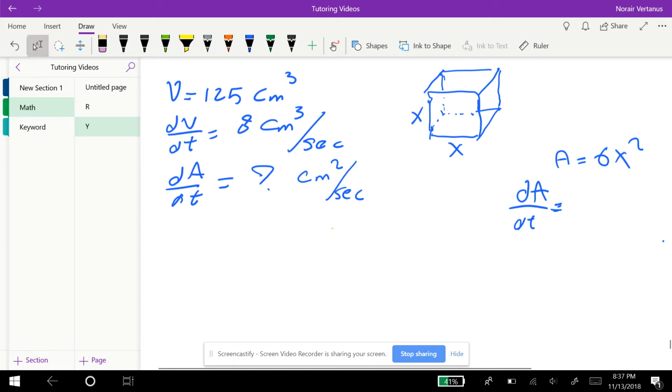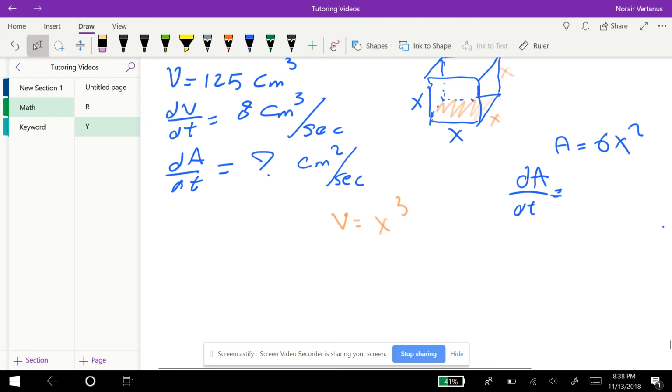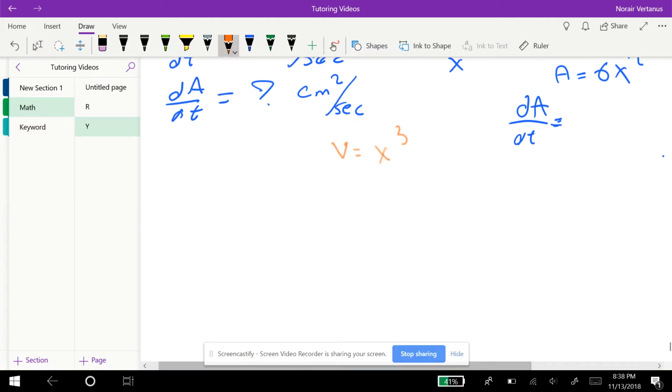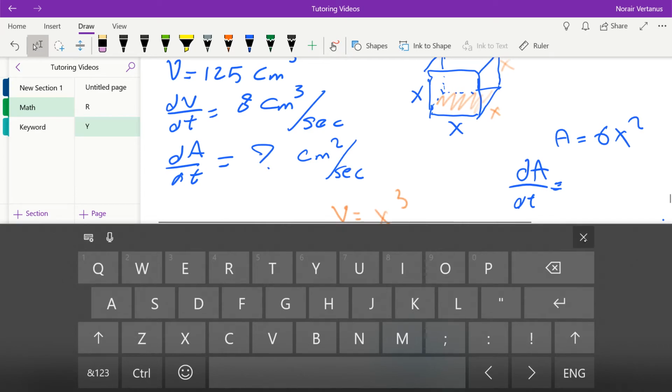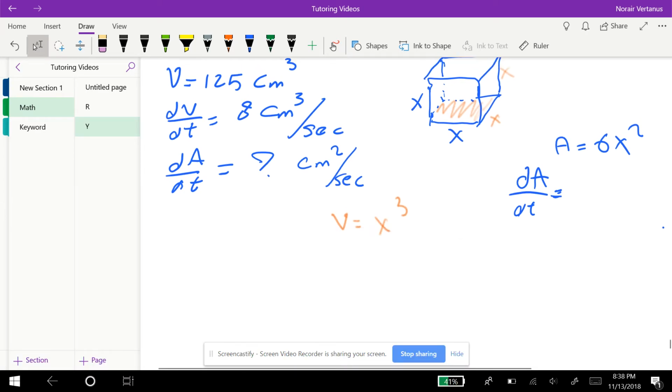The volume of a cube is equal to the area of the base times height. That's x times x, times, again, height, which is x. So it's equal to x to the third power. And from here, I can find the relation between x and V. So what is dV/dt? If I take the derivative of this, dV/dt